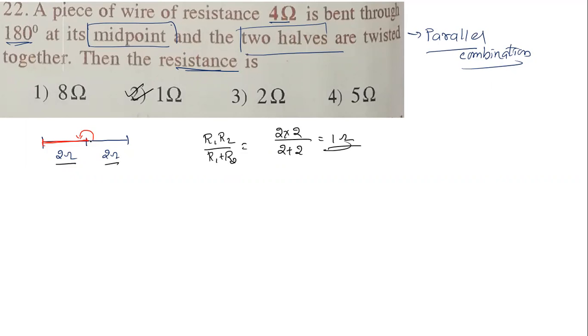The point you need to understand: if you bend by 180 degree, you bundle them like this. Okay, sir, what if you bend by 90 degree? It will be like this, an angle of 90 degree, clockwise or anti-clockwise. Between which points do we need to find? Between these points, they are again in series combination only. It will remain the same, nothing will happen. So this is question number 22.